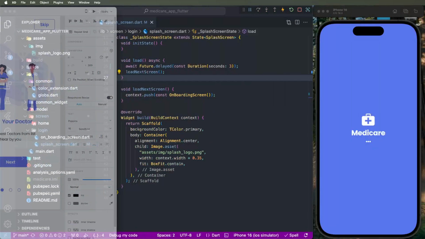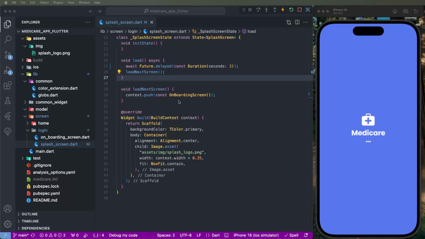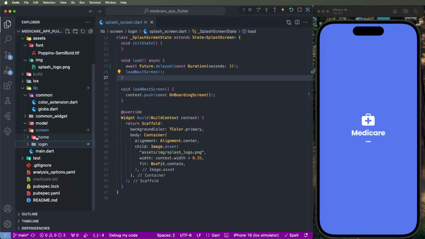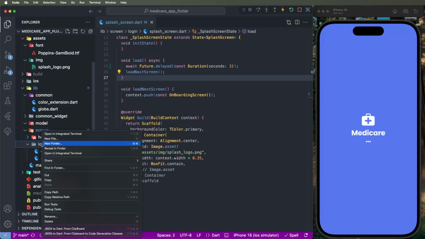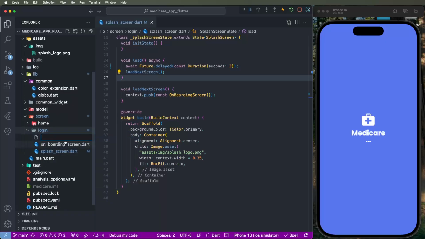First of all, we need to make the new screen. We need to go inside the screen folders and the login folder, and create the new file here. Right-click to open the menu and select new file, and now we need to give the name in small case, because we always need proper naming formats. Now we need to give the name select city